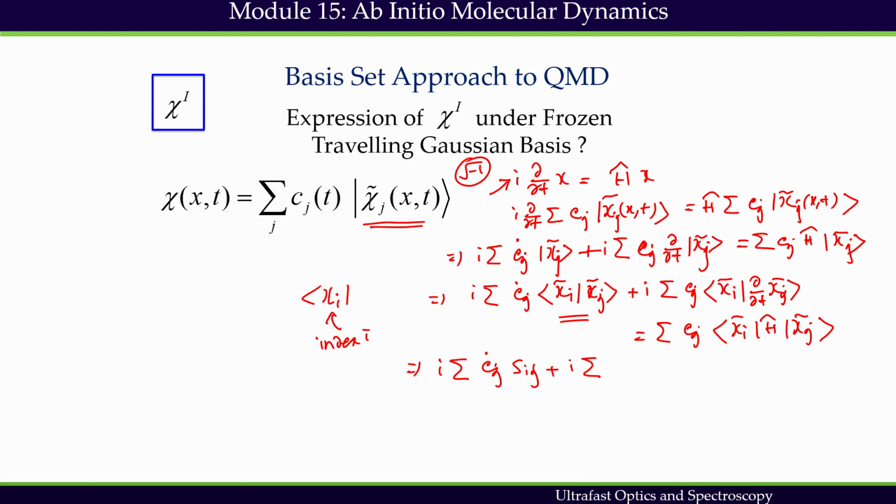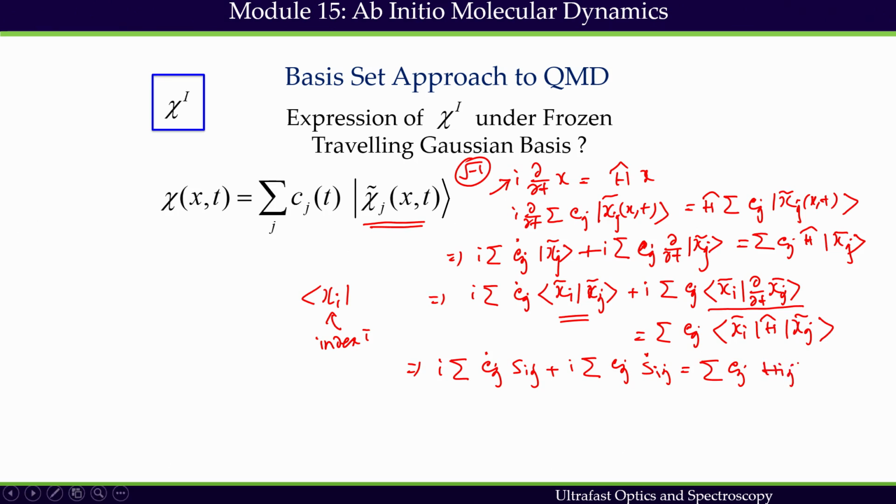So this can be written as cj, then sij dot, which is nothing but, we still have this summation cj,